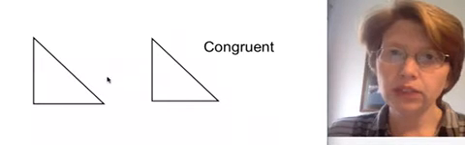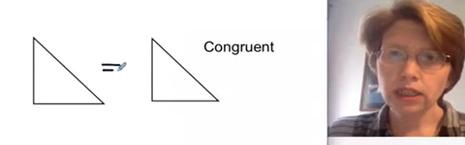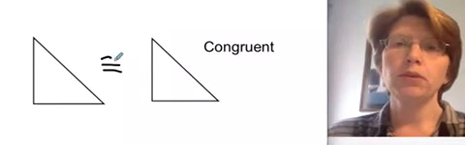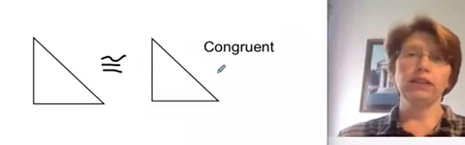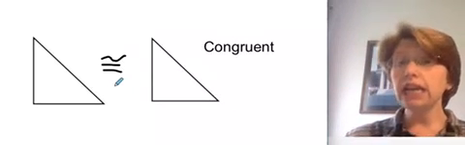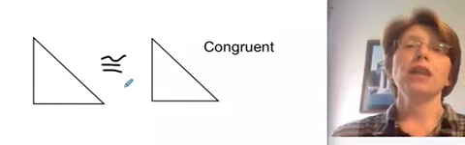Let me see if I can do it here. I'm going to draw two lines like an equal sign, but I'm going to put my little squiggly right above it. And that means congruent. They're the same size, they look the same, but there could be a little bit different, so we're going to call it congruent. The next one,